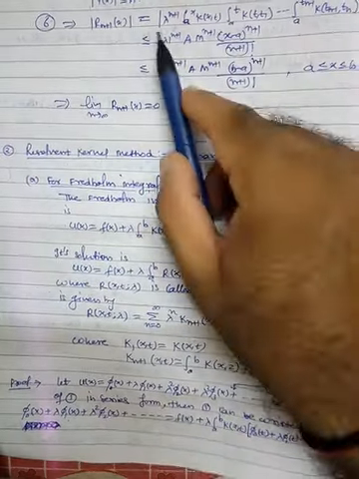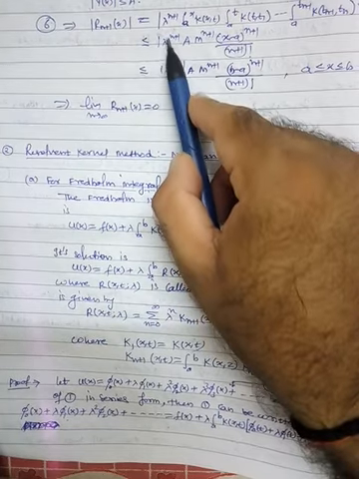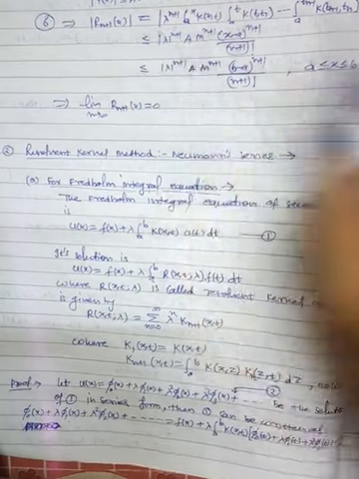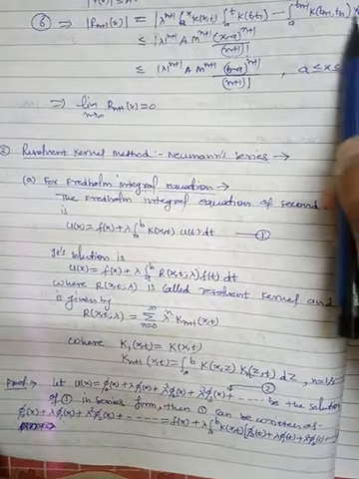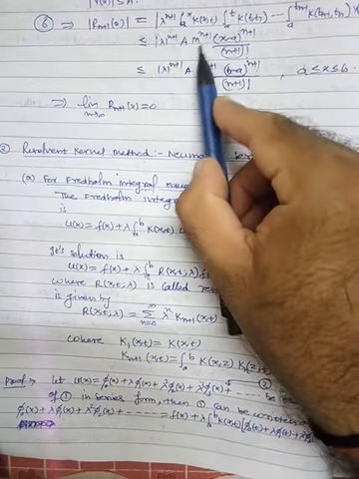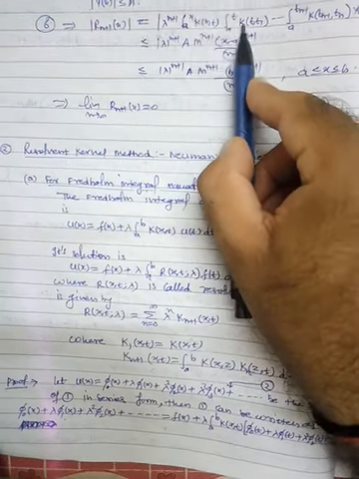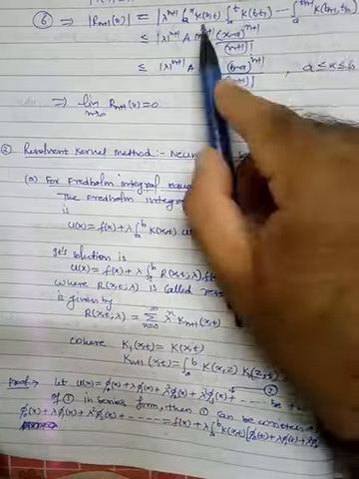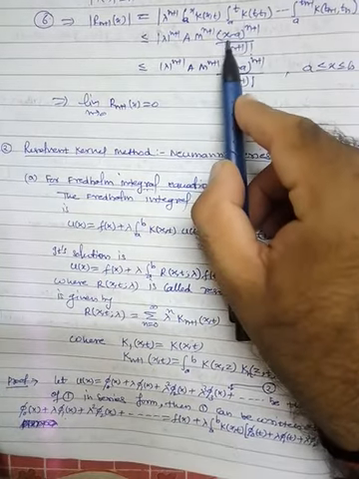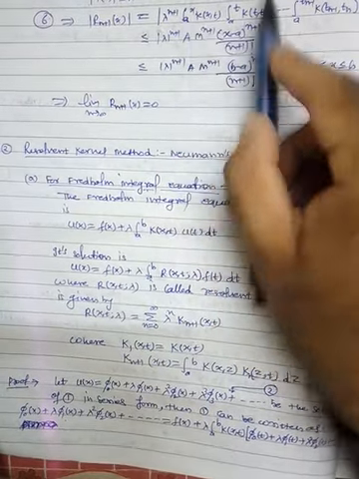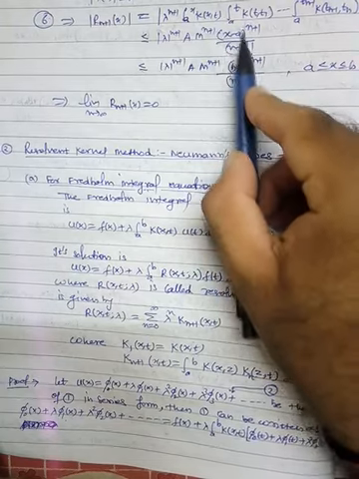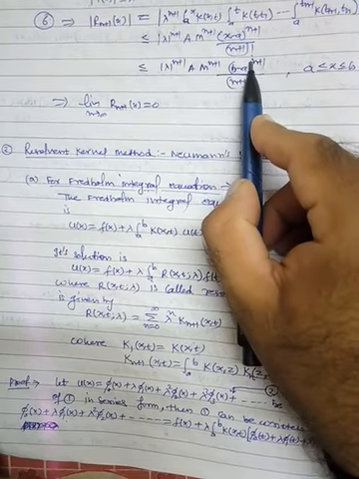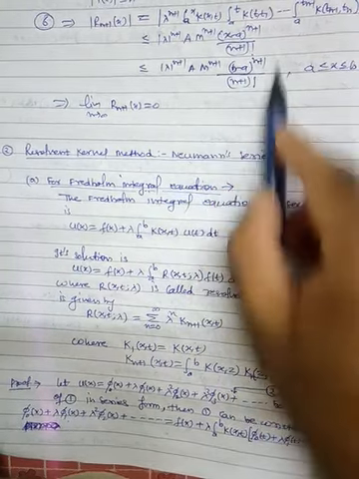So following the same procedure, we will have lambda raised to the power n plus 1, A is basically the maximum of y, then M raised to the power n plus 1, because these K's, how many K's are there? n plus 1. Then finally solving all these integrals, we will get (x minus a) raised to the power n plus 1 over (n plus 1) factorial. This is after simplification.